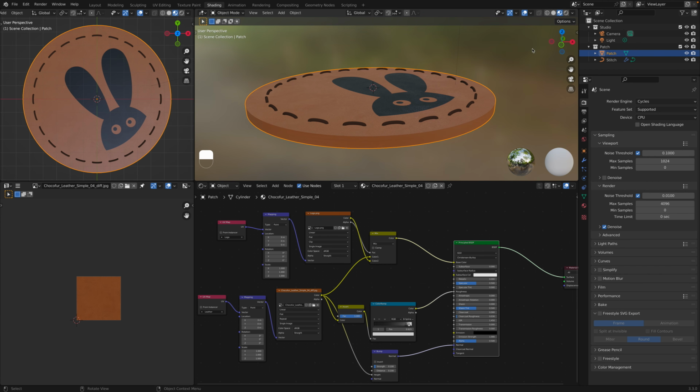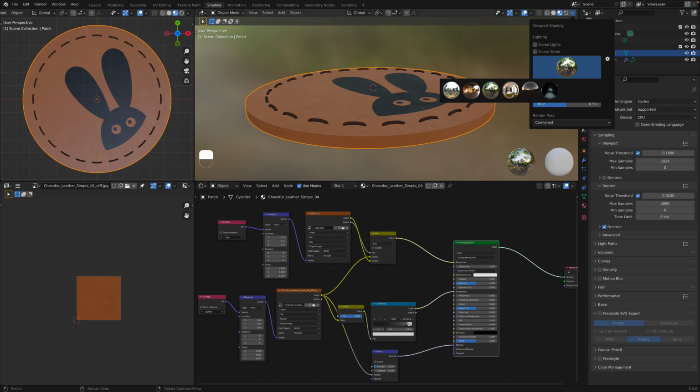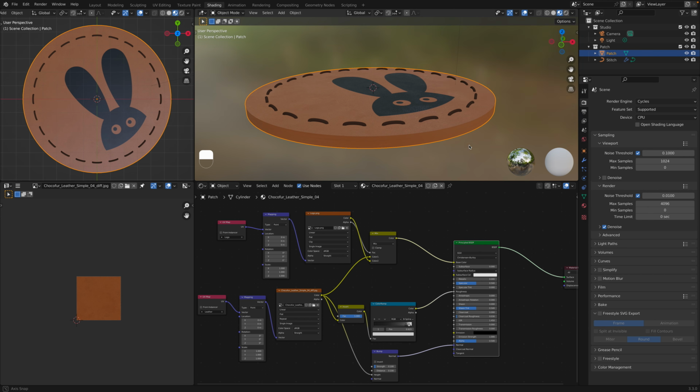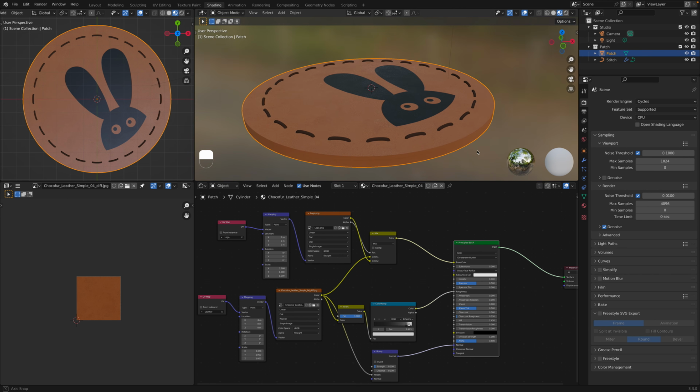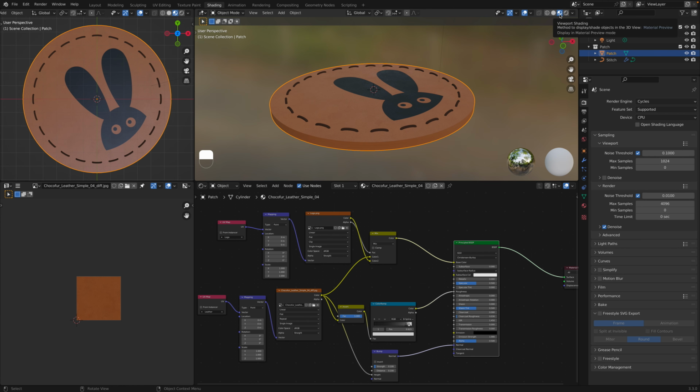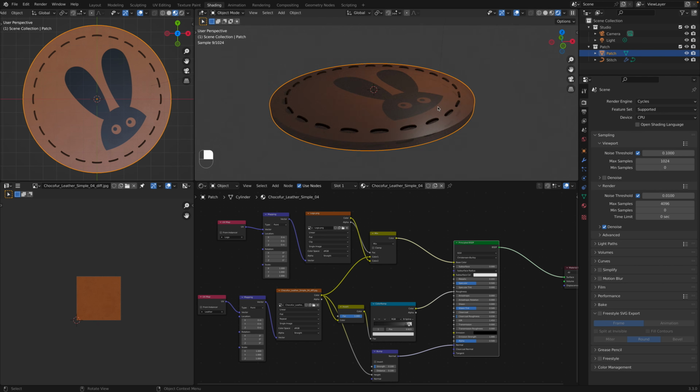Of course, if you're not familiar with this, you can just come into this drop down here and go ahead and change your environment. Just keep in mind, this isn't going to get rendered, right? These environments that you choose are just to help you out as you're shading your objects, right? The point I want to make is this material preview mode, as opposed to the actual render mode, which is over here,